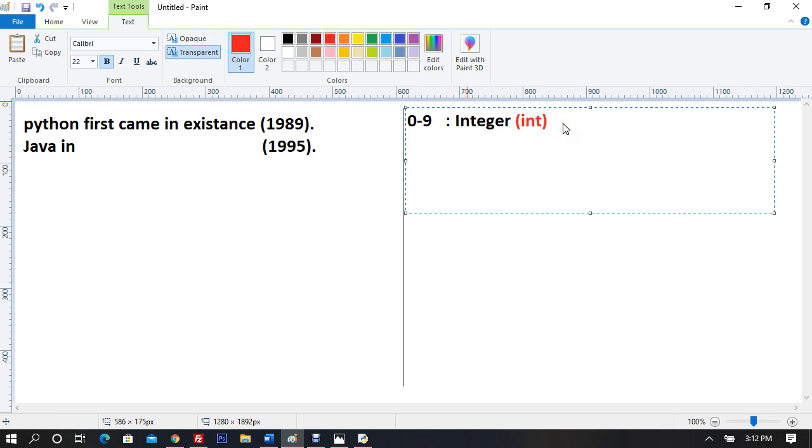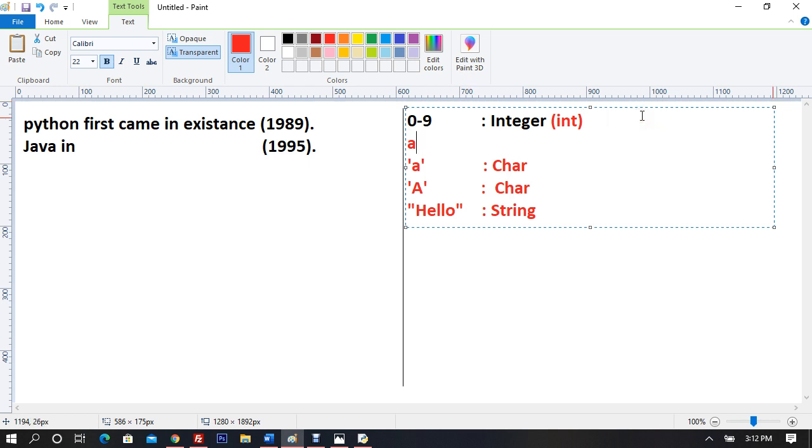And what is this? For example, if I type hello, this is called a string. And what is this called if I type A, or if I type capital A? So let's say I type small a or capital A, what are these things known as? Both are characters. It's a single character, so char.